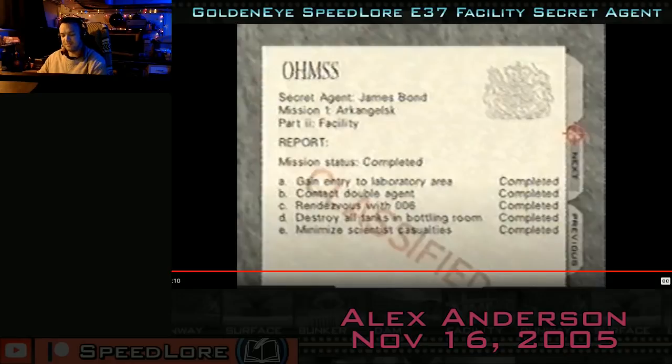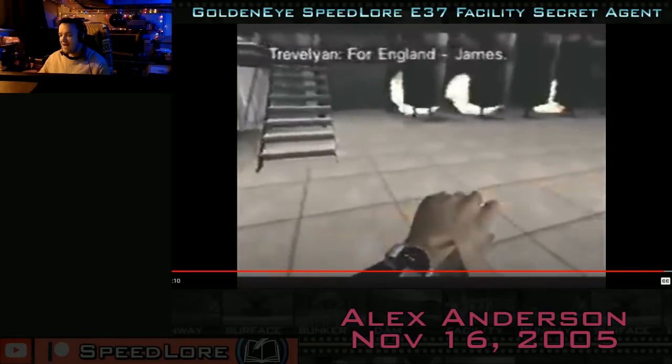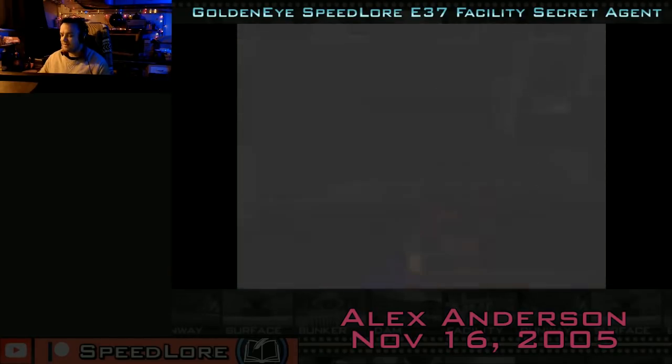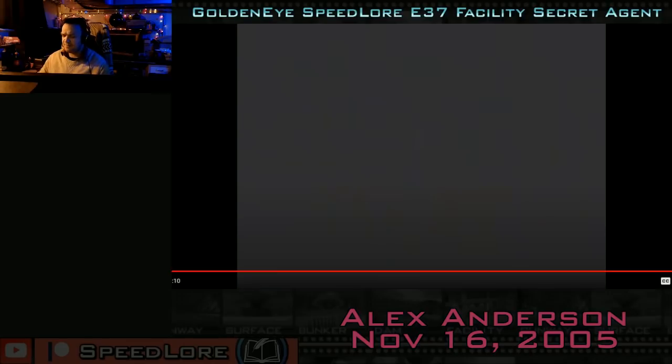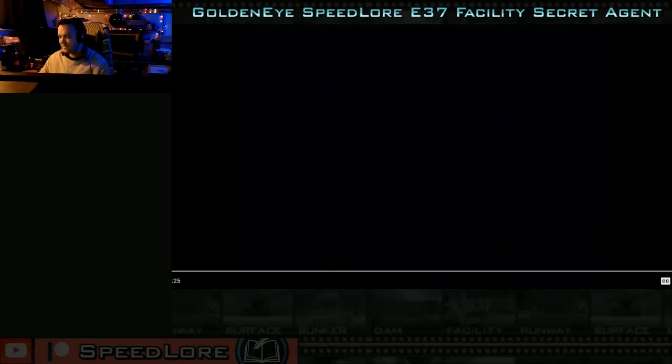Objective D, destroy all tanks in a bottling room, same thing. They're both kind of happening in the fade, so to speak. And that might change later on. We might see the tanks blow up before we get into the end of the mission, but let's take a look. So Ilu would join the crew with